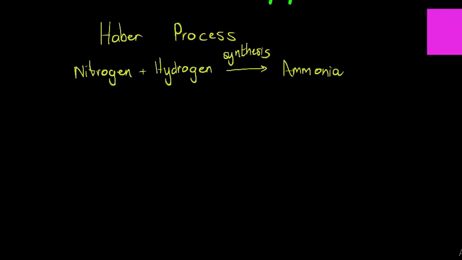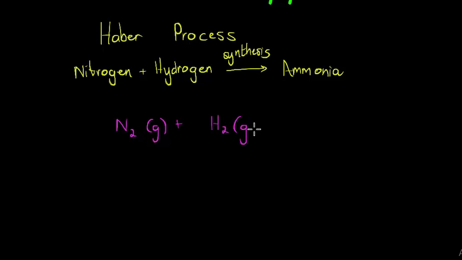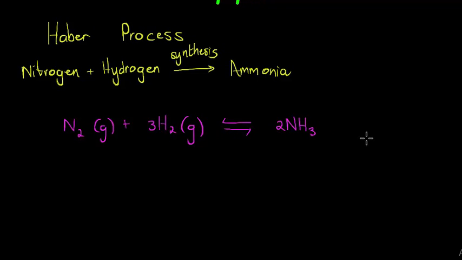Now, this process therefore follows what we've looked at quite a few times: nitrogen gas plus hydrogen gas reacts to produce nitrogen trihydride. This is ammonia, and if I balance this equation, I have 3 of these and 2 of those. Now, one important aspect here that is going to come into play is the